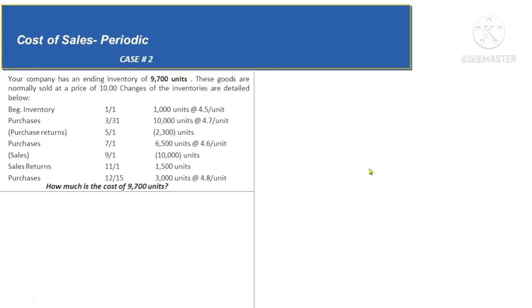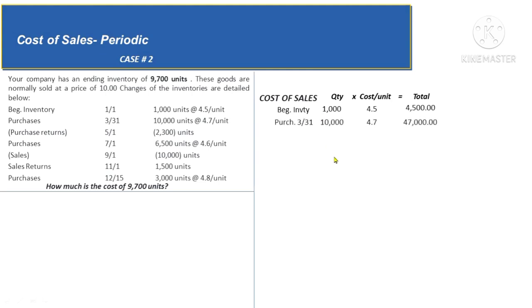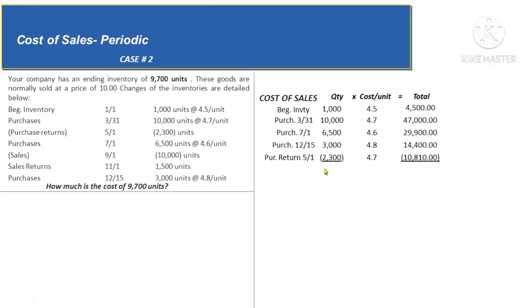To compute for the cost of sales, first we need to get the merchandise inventory beginning, which is in this case 1,000 units at 4.5, which is 4,500. And then we need to get the net purchases, which is gross purchases, less purchase returns and purchase discounts, plus freight in. So in here we have 3 dates of purchases. The first one is on 3/31. However, there are purchase returns related to this that happened on 5/1. The second and the third purchases are from 7/1 and 12/15. So we need to get the result for this, and then we can already get the total goods available for sale of